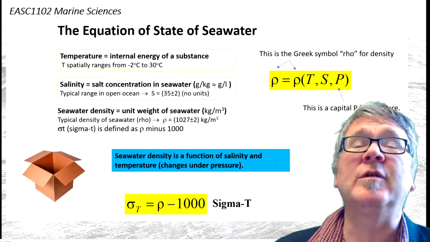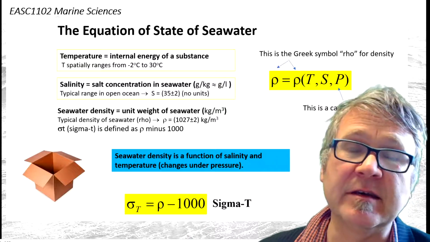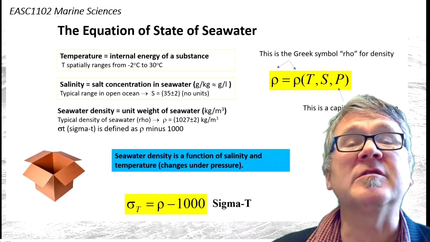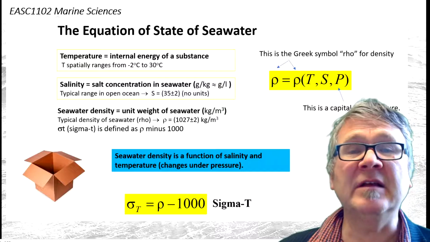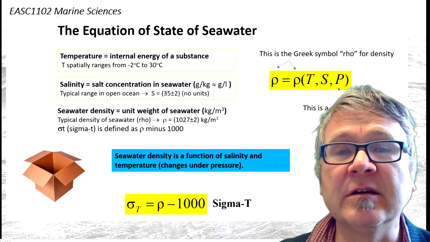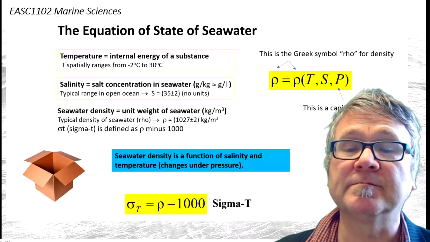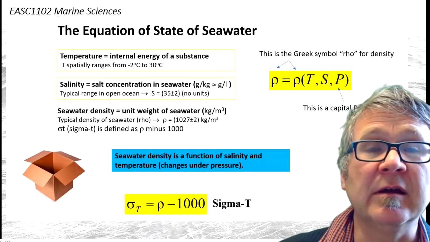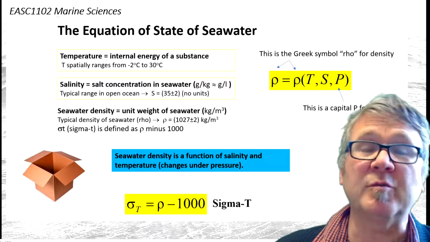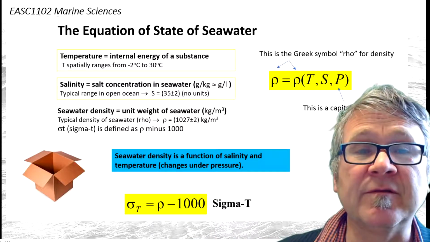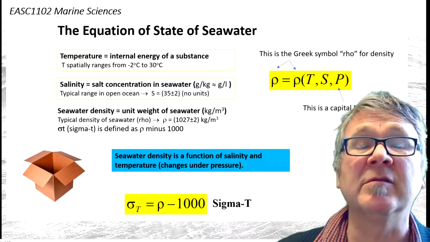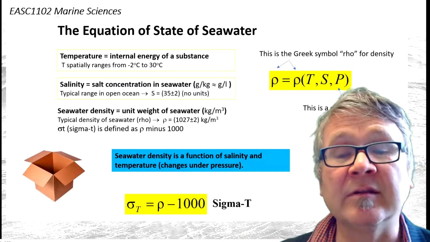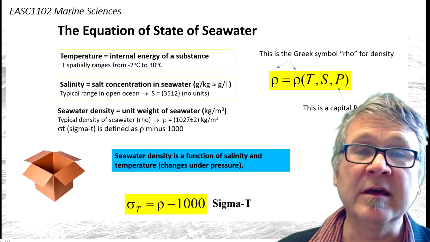So often we don't use the full density if we present density in graphs. We use something which is called sigma t. And sigma t is just the true density minus 1000. So that's what we're using. If you see graphs which show a density of 25, it's not the true density. You have to add 1000 to it, and then you get the right density in kilograms